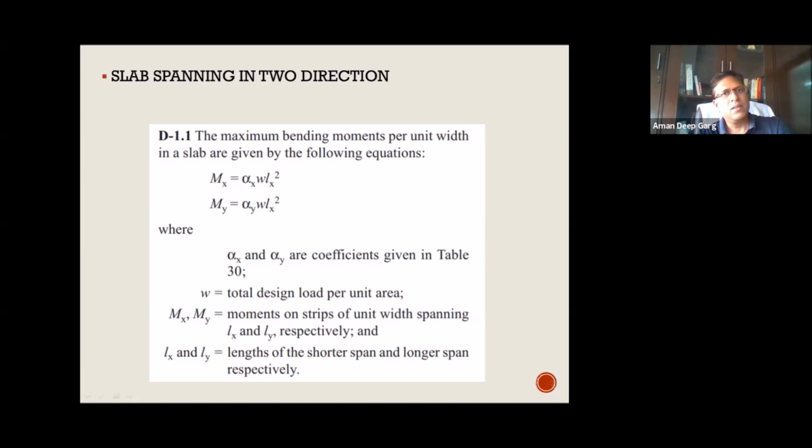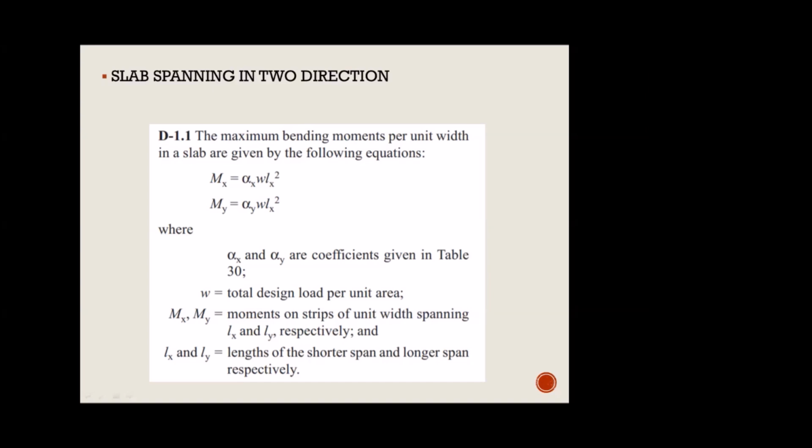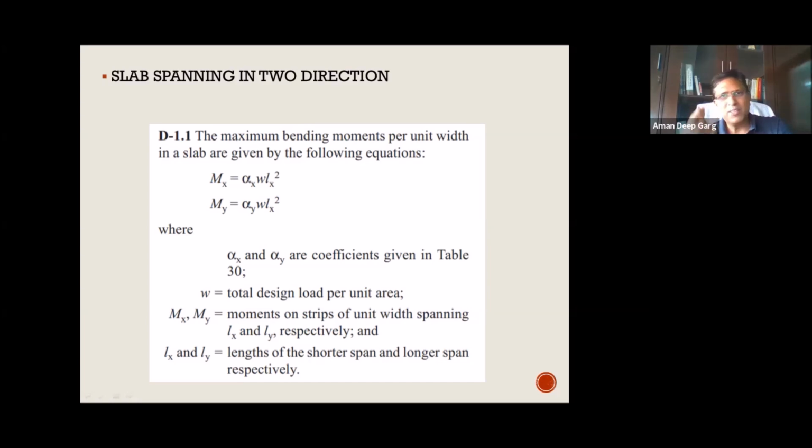But now our center point is a single point. Can we have two different deflections for a single point? Anybody? No, sir. No, because the point is single, the point is one, then deflection will also be one. We cannot have two different deflections for a single point. So here is the catch.